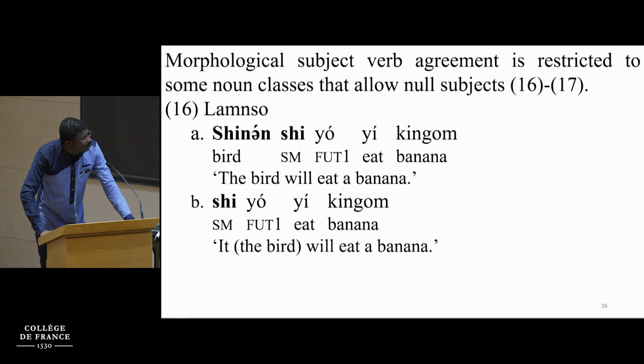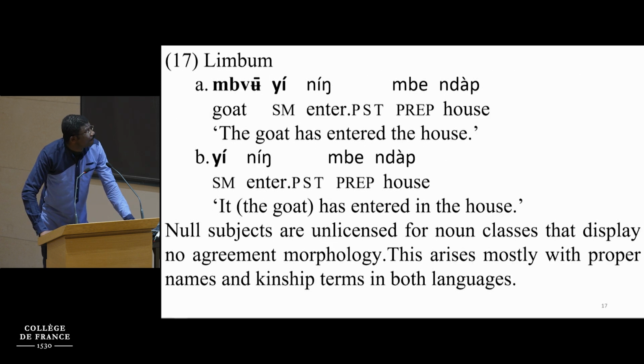In Lamso, it is the same thing for Limbum, where you have the subject marker up, the goat has entered the house, and if the goat is mentioned in the discourse that it is salient, therefore you can drop it, you can omit it. And as I said, null subjects are not licensed for noun classes that do not have any agreement